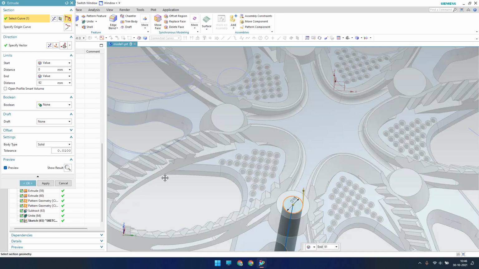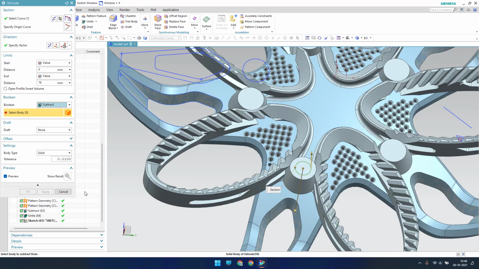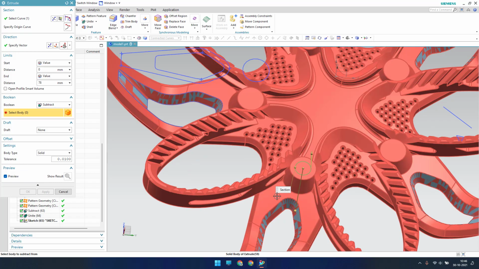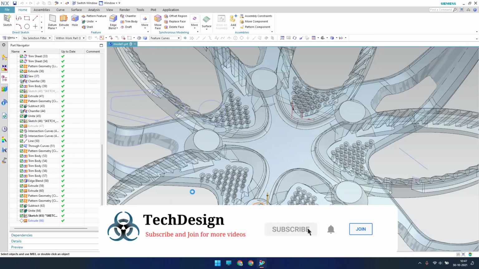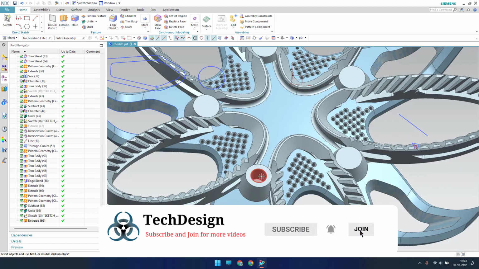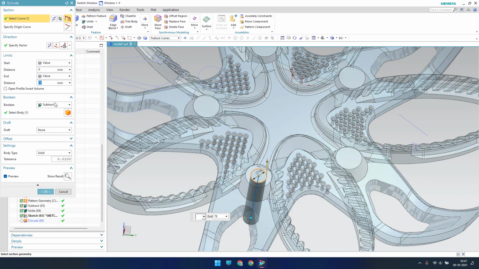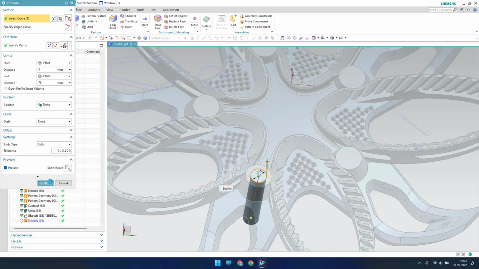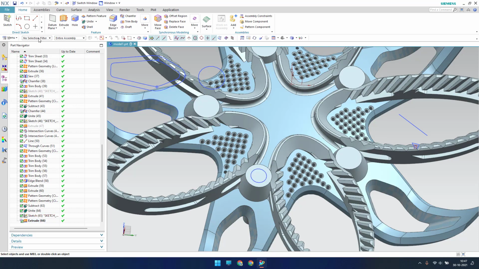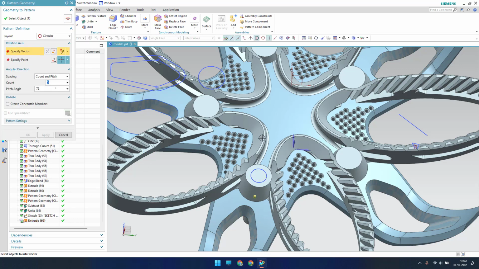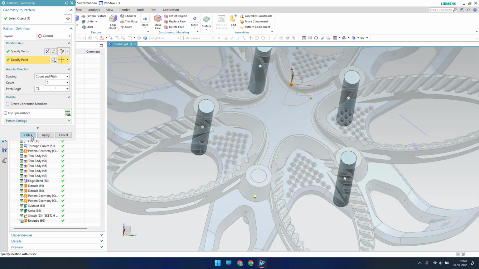It should be in the opposite direction, and it should be subtracted, okay, from this body. Click OK. Sorry guys, instead of subtracting this, what I will do is I'll just keep it as a none, and I'll just click OK. And I just wanted to pattern this, so let me go to pattern here, and then I'll select this, and all the values remain same because we are doing it in the same way on same pattern feature. So let me click 0, 0, 0, and you can just click OK.